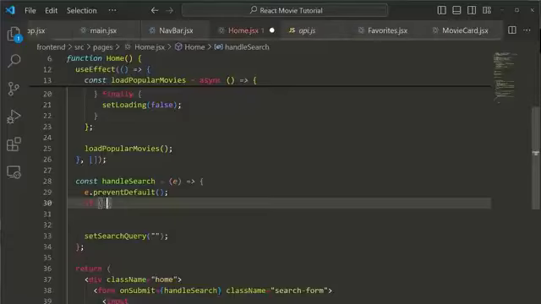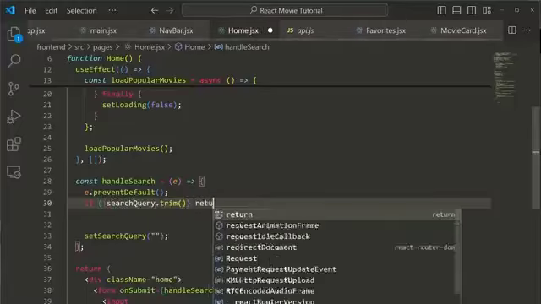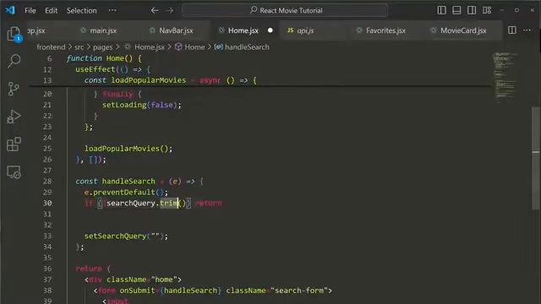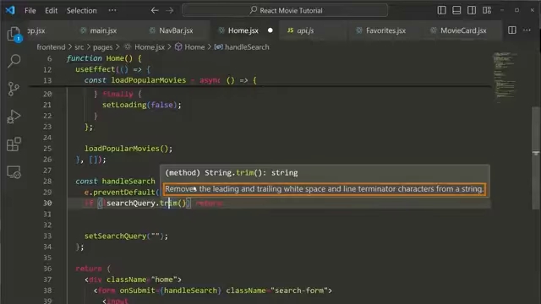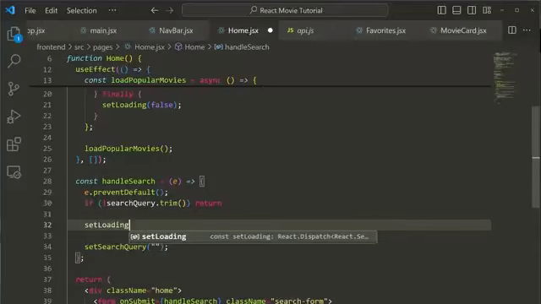So to do that, I can say if not searchQuery.trim, then return. Now trim removes all of the leading and trailing spaces from the string, not ones in between the words. So we can make sure that they actually have some characters in the string. Now, if that's the case, and we do have some characters and we're able to search,